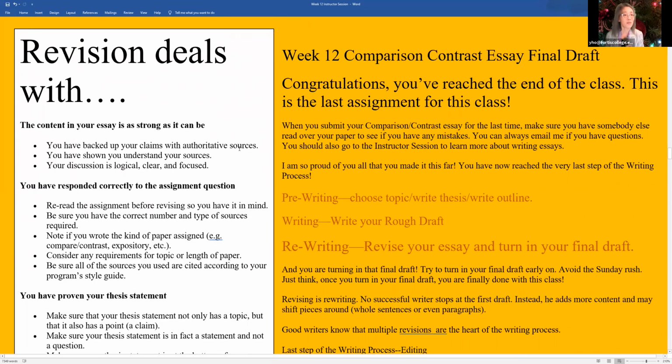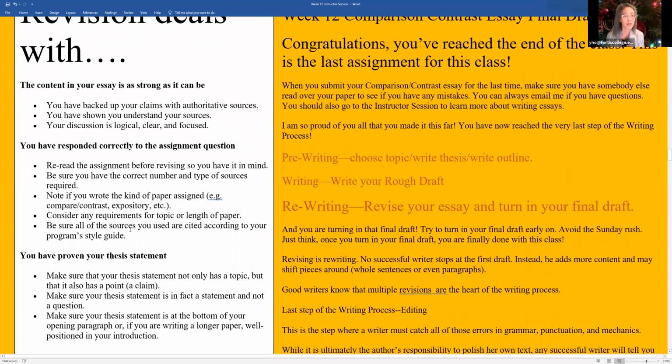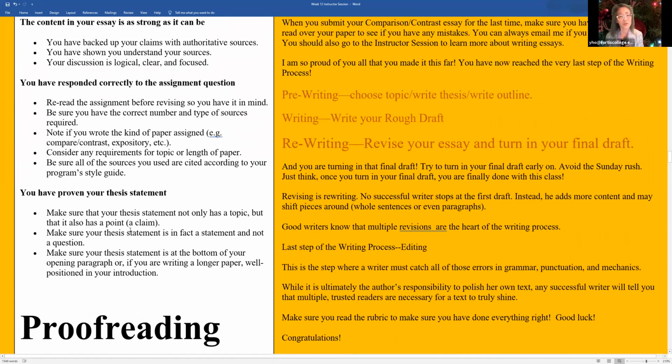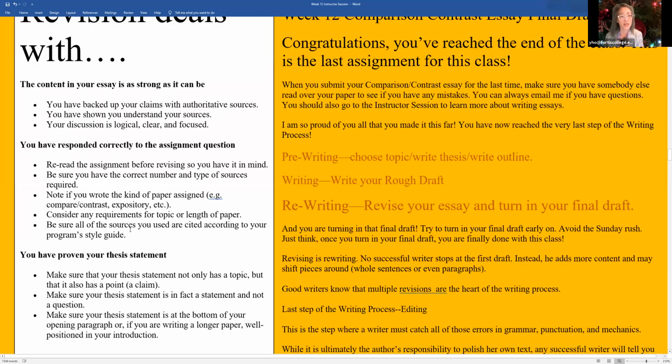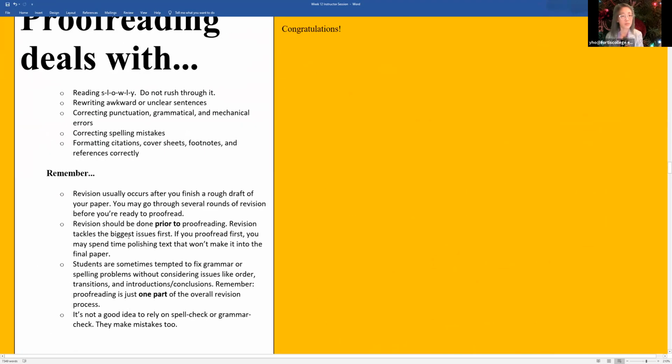So you can read, make sure you have good APA claims, make sure you understand where your sources come from, make sure your sources follow CRAAP, things like that. And then reread your assignment to make sure you have good body paragraphs, good stylistics, make sure that your thesis statement is at the end of your first paragraph, all of that. And then after you know that your essay structure is solid, then you can try and proofread.